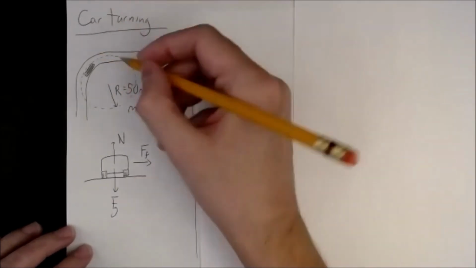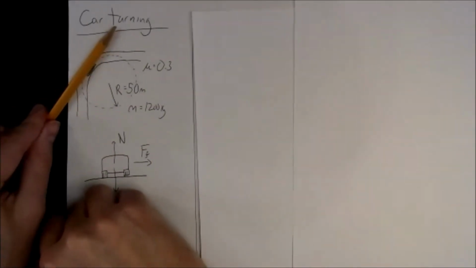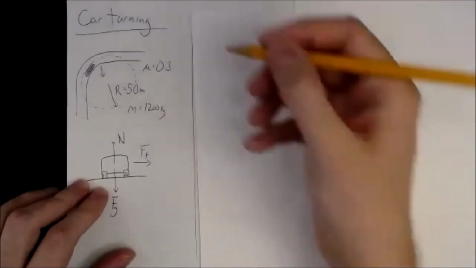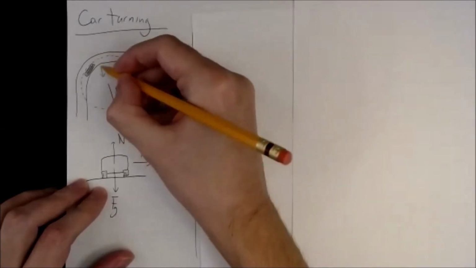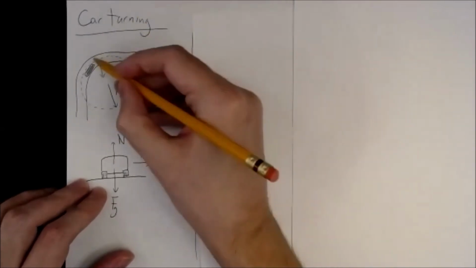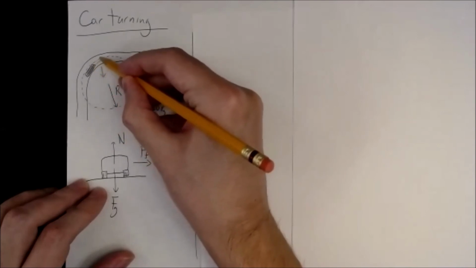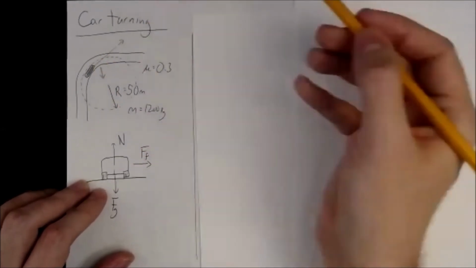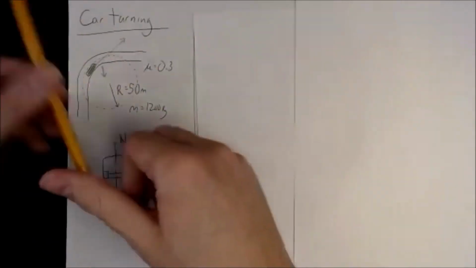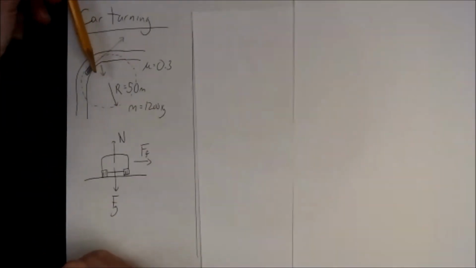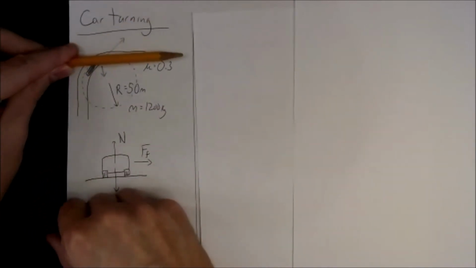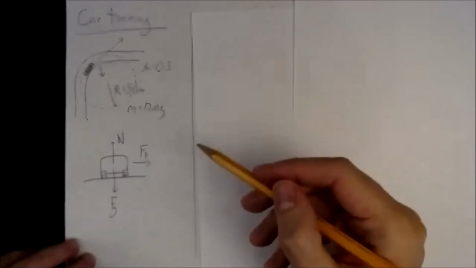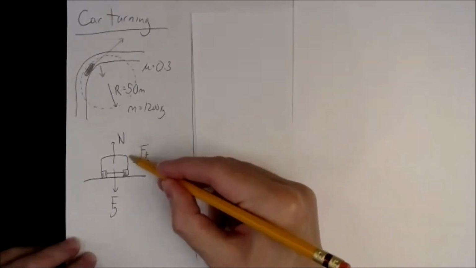You can imagine, in order to change your velocity from going in that direction to going in that direction, you're going to need a force inward, and that force inward is going to be from friction. If you don't have that force inward, you're not going to be able to change your direction. If you can't change your direction, well, you're just going to go off-road like that. You need the friction with the road in order to change your direction to stay on the road. Our force of friction is the thing that points inwards.